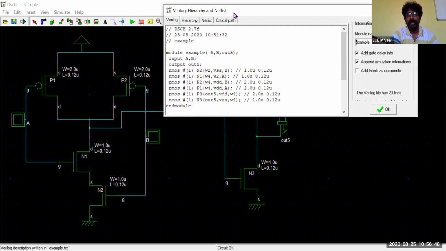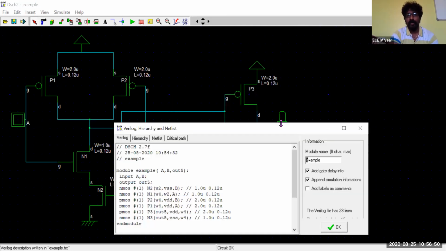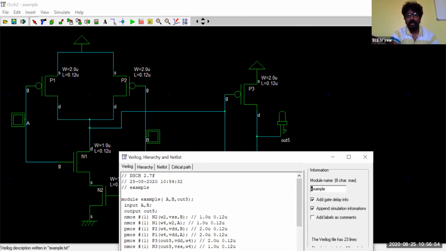Coming to P3, for the P3 device, what is the output? Out 5. So the output is out 5, and the inputs are VDD and this gate terminal. What is this gate terminal? It is coming from wire 4. So for P3, the output is out 5, VDD is another input, and wire 4 is one of the inputs.